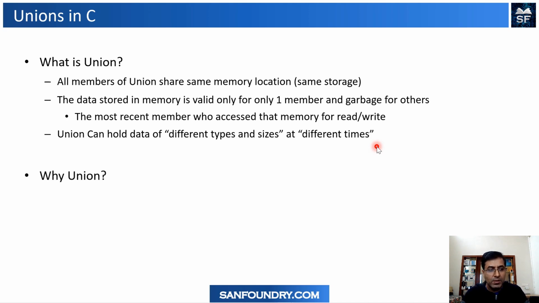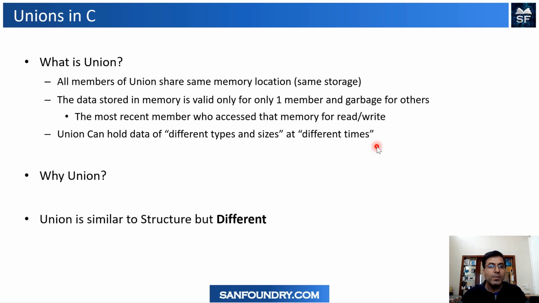Why do we require a union? Because in many programming situations, we need to access the same memory location, but with a different interpretation, a different meaning. The C language does not have any other construct for it. A structure is one of the constructs, but in a structure every member is fixed; their memory addresses are separate and fixed. We don't have a construct in C where we want to refer to the same memory location and interpret it as different data. So a union is certainly required. You will see some live kernel examples of it.